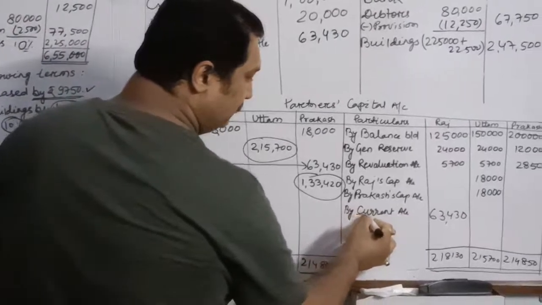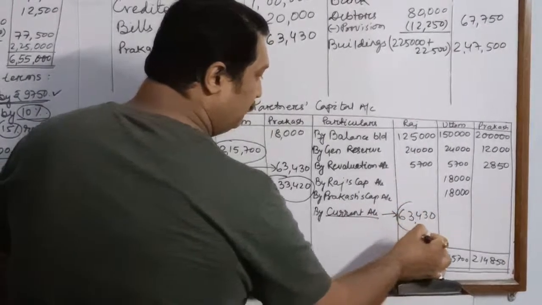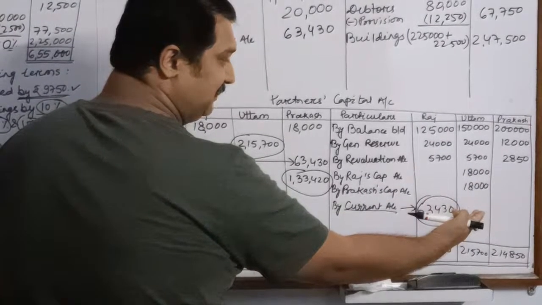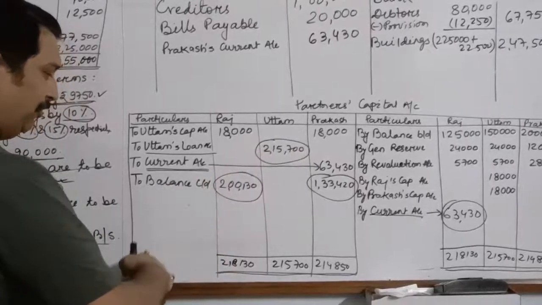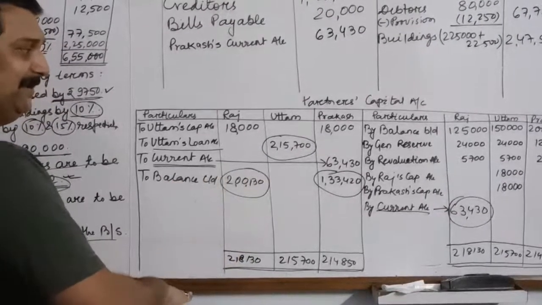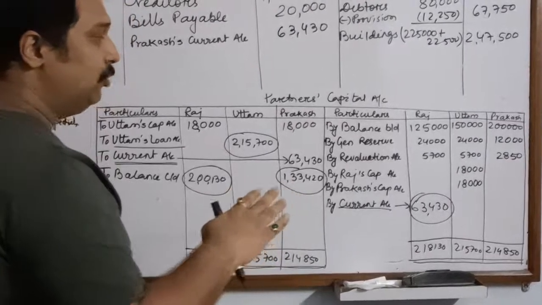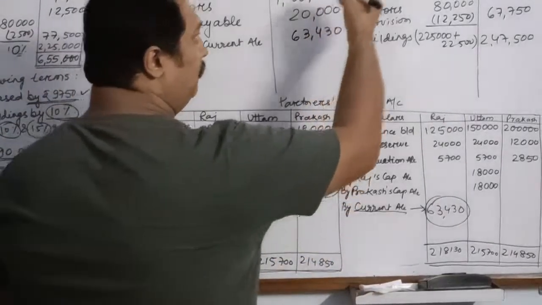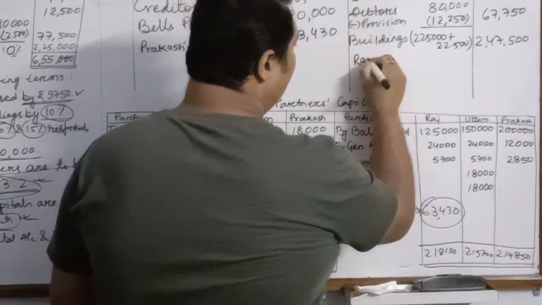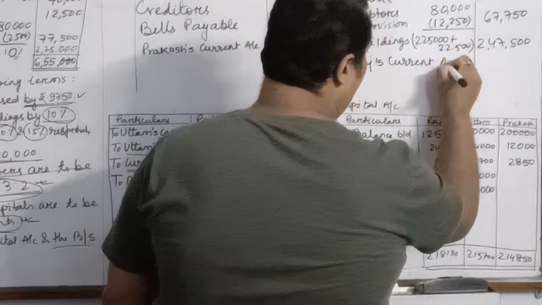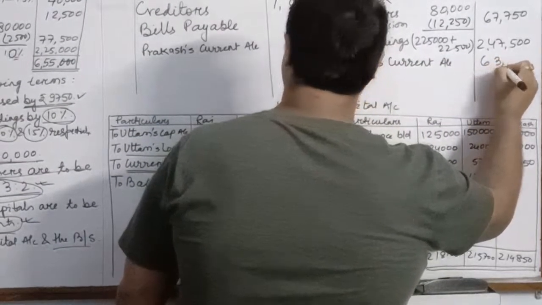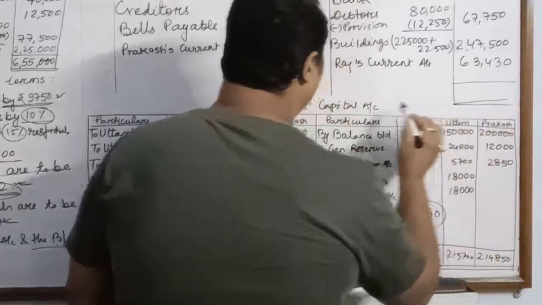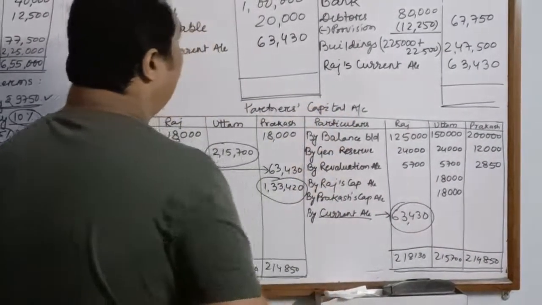So here I will write 63,430. Similarly, this is another current account for Raj, which comes on which side? The closing value comes on the credit side, so when it is brought forward, the opening value will come on the debit side. So that is known as having a debit balance. Such items are called debit balance, and debit balances are always shown on the asset side. So here I will write Raj's current account 63,430. That's all. With that, we will total the balance sheet and check whether we have both the sides equal or not.